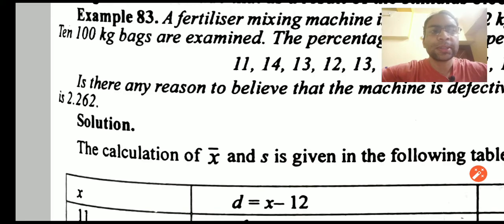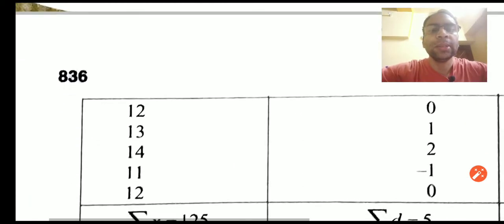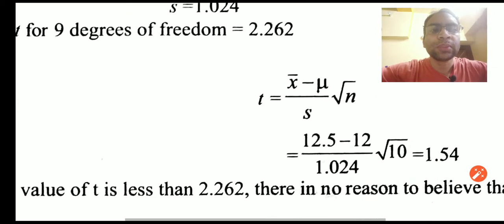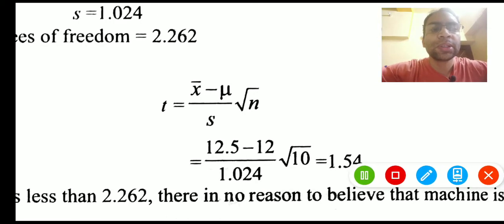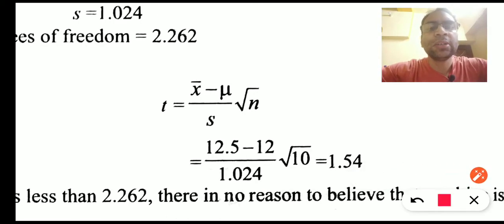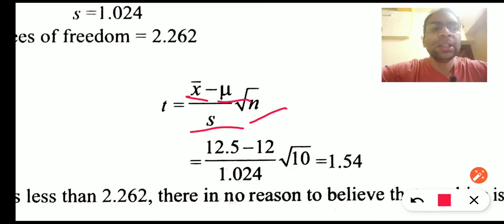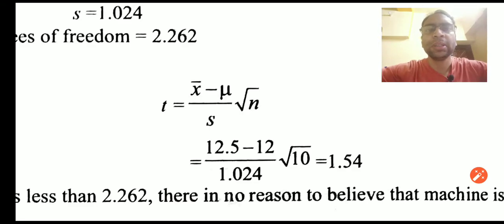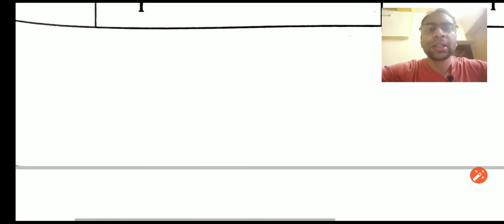Now let's start solving this by calculating the T at the given degree of freedom 9. If we remember the formula of the T, to calculate the T we require a few things, like X bar. We can go to the formula of T, just see. So this is the formula of T. To calculate it, we need these values of S, X bar, the universal mean and the number of observations, or the sample size. So we'll go back and create the table accordingly.